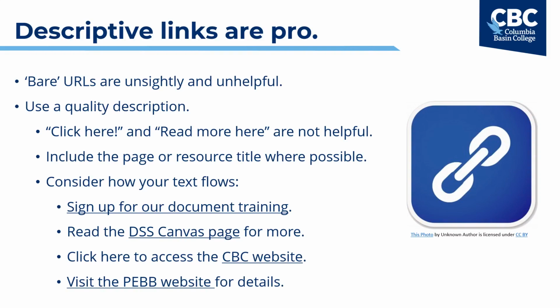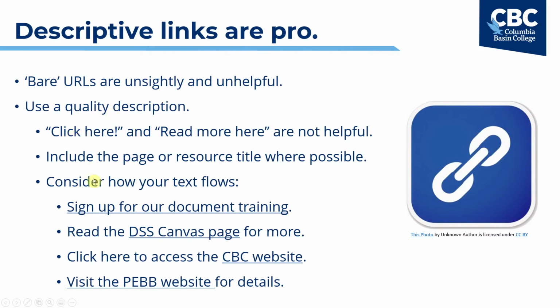The screen reader user wouldn't know, based on those descriptions in succession, where those links were taking them. Remember, they're not always interacting with the document in the way that you and I might, where we're reading all of the context around it. They have options to quickly move from link to link, and that's to help them save time, because otherwise they would have to read from top to bottom, left to right, the entire document. So they have all of these submenus that allow them to rapidly move through the document in ways that are supportive of them and save them time.